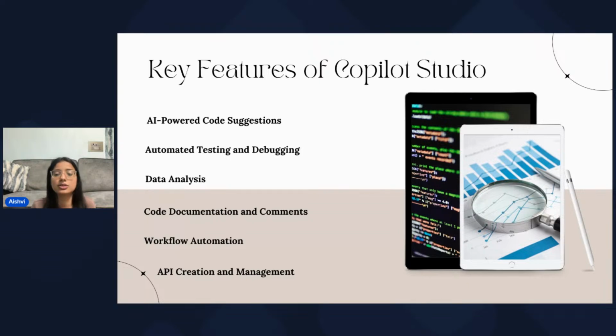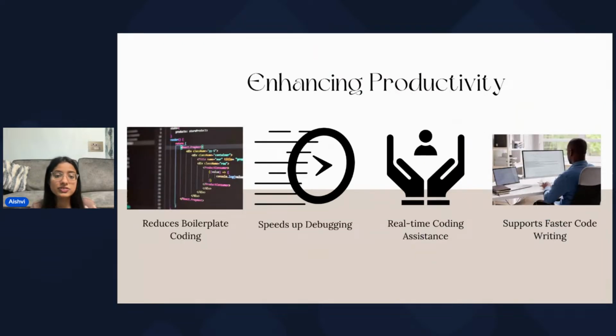Now, this simplifies the process of building and documenting these APIs, managing these APIs, and allows a seamless and easy integration when we are deploying it across projects. So we also talked about how Copilot Studio is very important in enhancing the productivity of the project. First of all, it reduces boilerplate coding, since it provides real-time suggestions and corrections as you type. So you will have instant feedback, which will reduce the chance of error,